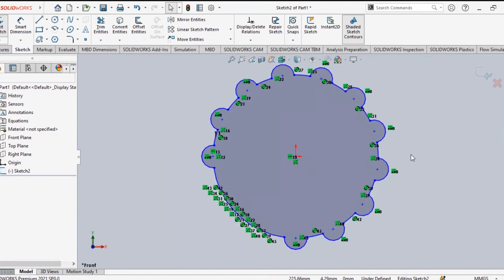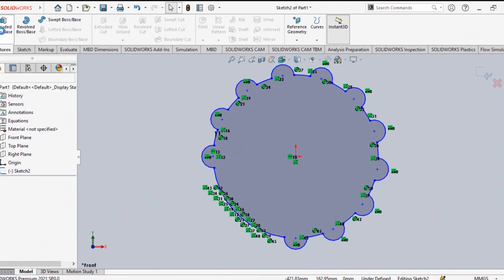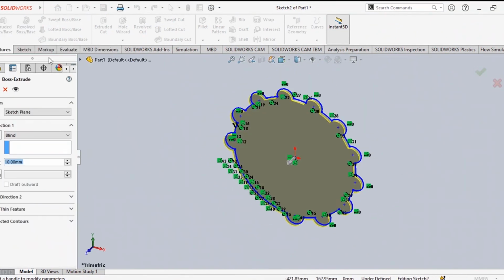Now next one you have to use your different features. Features means you have to provide material to this one. Thickness to be provided on this material what you made. On your sketch you have to make some features. First feature will be your extrude boss base. That means some kind of material to be given on this object. Now extrude boss base, we'll see how it will be working. Extrude boss base also has different options available. We'll show what it is.